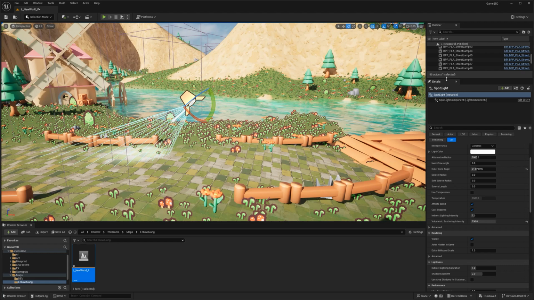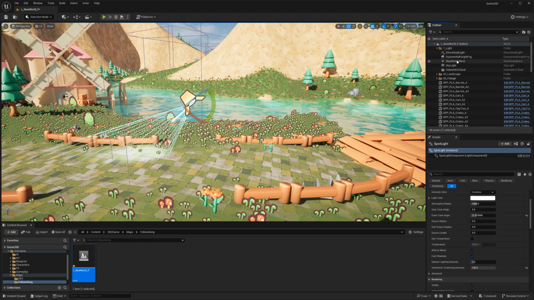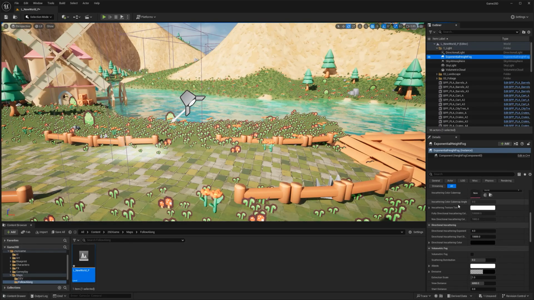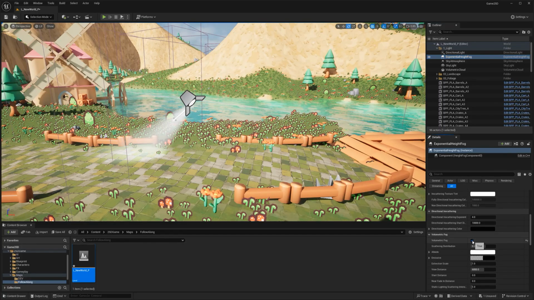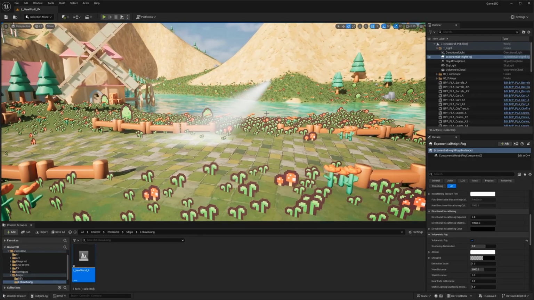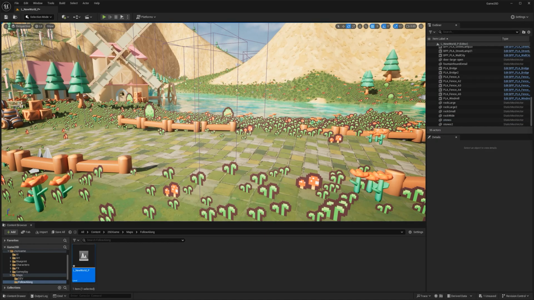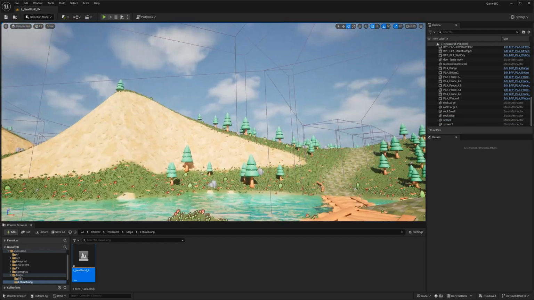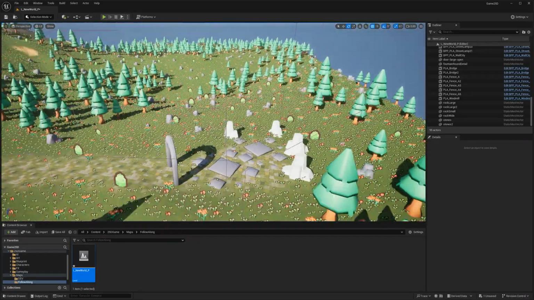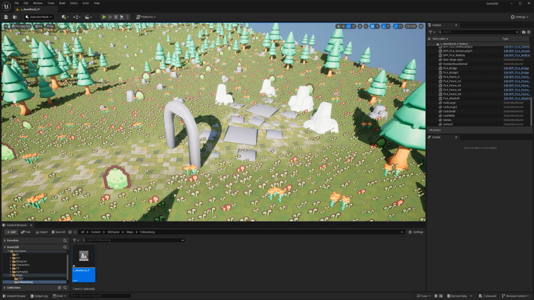The reason for that is because I need to enable volumetrics in my level. So if I go all the way to light and exponential height fog, there is a button here called volumetric fog. As soon as I do this, now we have volumetric light in your scene. Okay, this is pretty cool because it allows us to do very complex effects, and it's not that heavy. It's very useful. So I created this tiny area here, and that's where I want my player to start. It's going to be like a magical area that he's transported to this world.